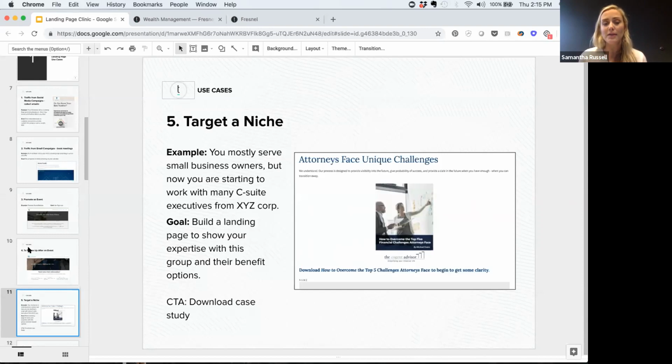Let's say you work with a lot of executives, and the executives that you work with tend to all work for 4 or 5 organizations. Rather than just saying, I work with a lot of C-suite execs in Silicon Valley, you could have a page that would be how I work with executives at Uber, or how I work with executives at Airbnb, and then specifically outline in that landing page what you know about their benefits, what you know about their different stock options, and then you could be sending those pages specifically to those groups.